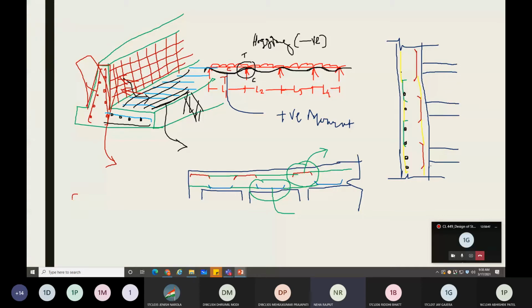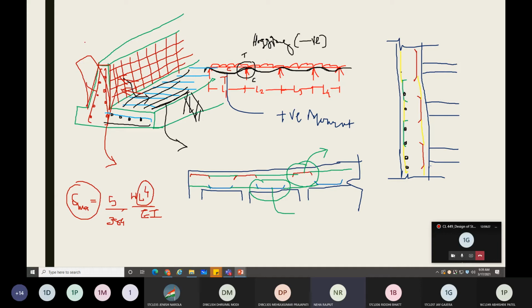If you remember, the maximum deflection for UDL is 5 upon 384 WL raised to 4 over EI. This is the maximum deflection of a member if it is subjected to UDL load. So this deflection value is directly proportional to the length of the member or height of the member. So if the height increases, then the deflection will also increase. Right. So in cantilever, if your retained earth height is 5, 6, 7, 8 meters, then